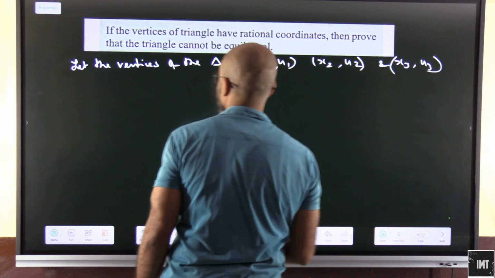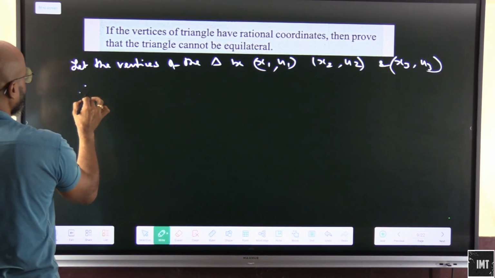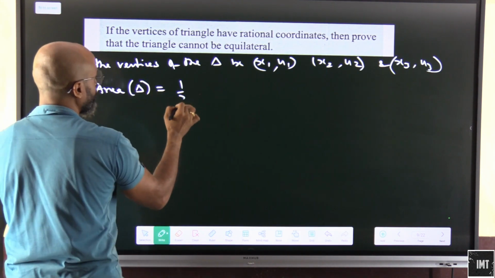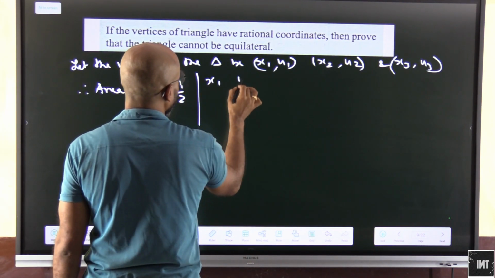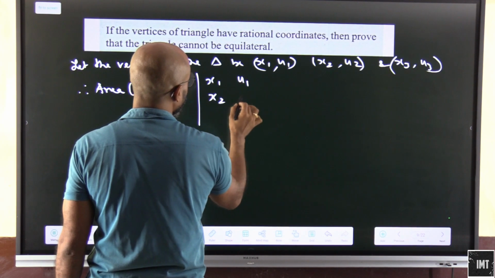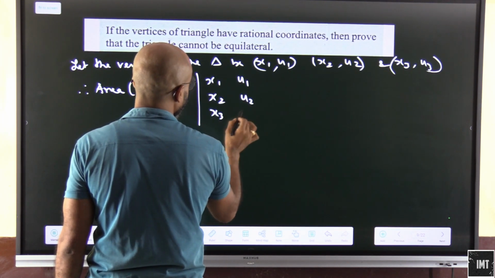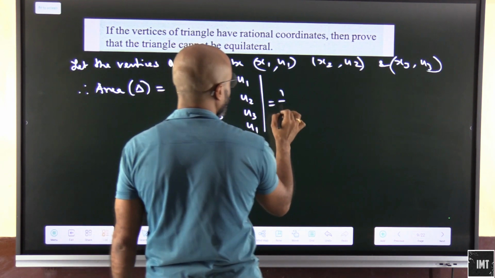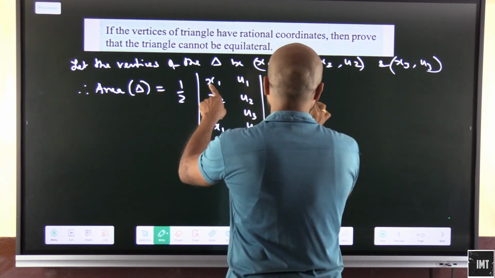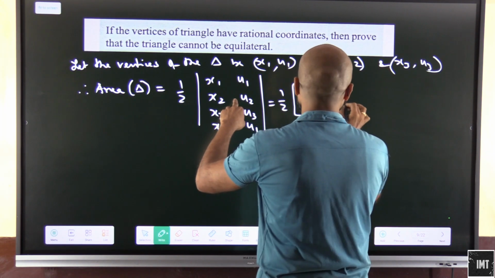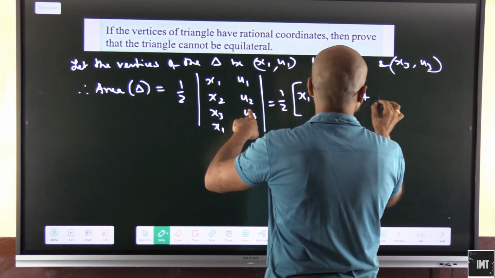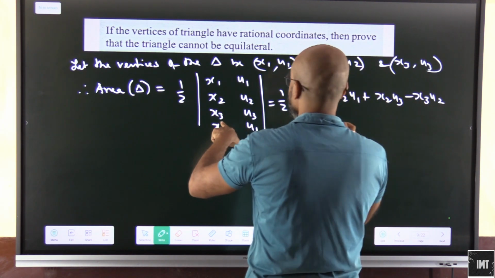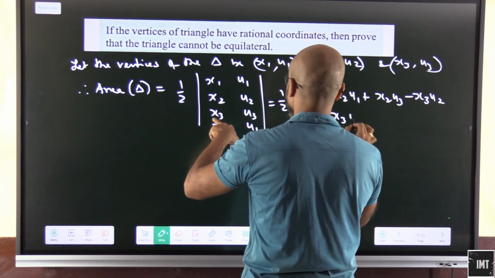Therefore the area of the triangle will be equal to half of the determinant x1 y1, x2 y2, x3 y3, x1 y1. So this will be half into x1 y2 minus x2 y1 plus x2 y3 minus x3 y2 plus x3 y1